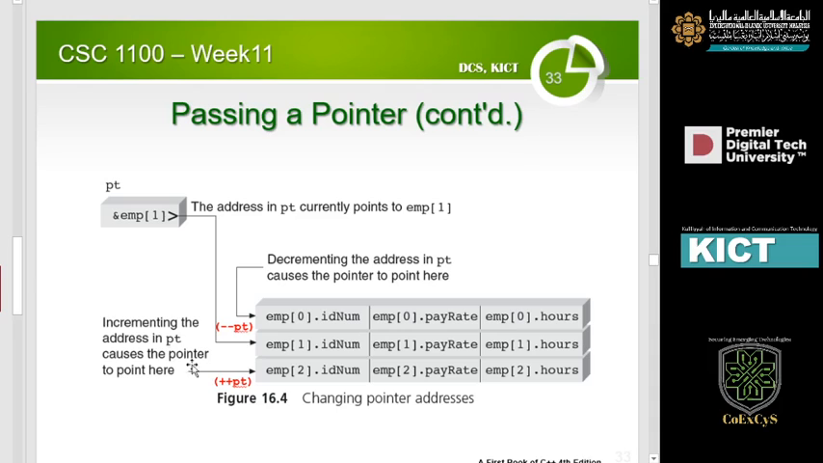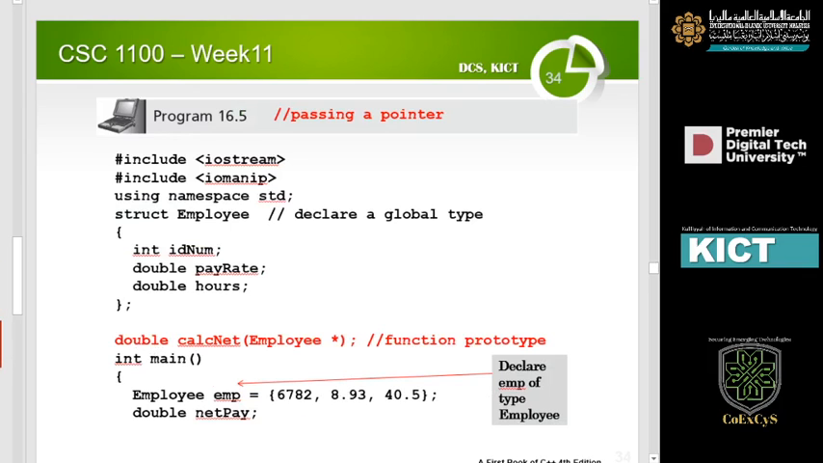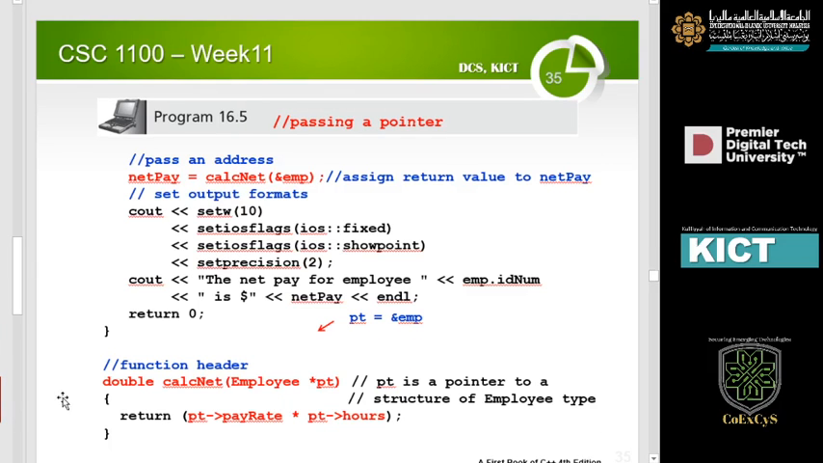So let's look at the example here. If our current pointer points to the first element in the employee array, then we can use pointer minus minus to point to the previous one, or pointer plus plus for the next row, right? Let's look at a coding example here, where we define an employee and the values it has. And later we can basically